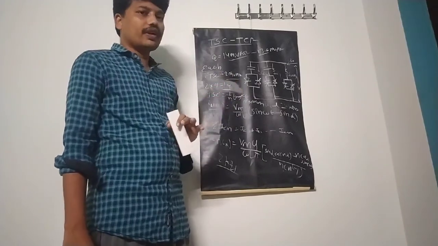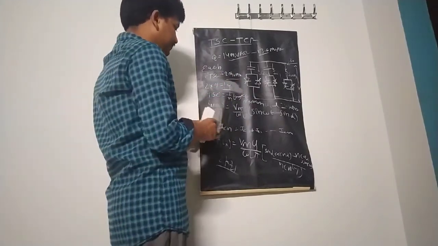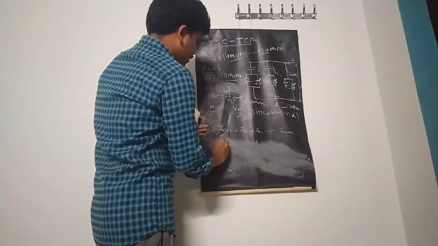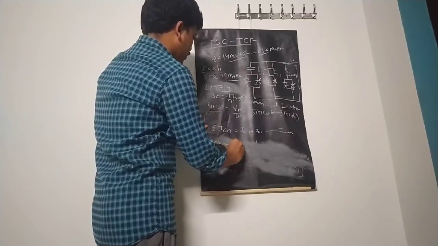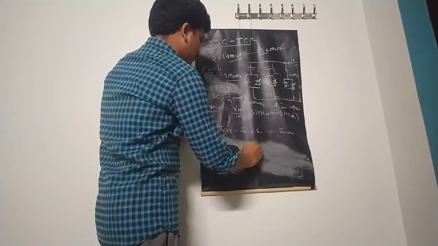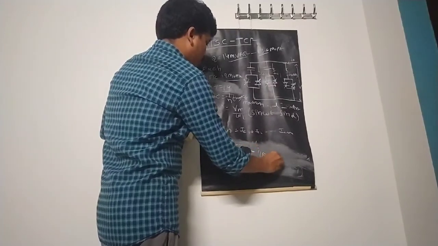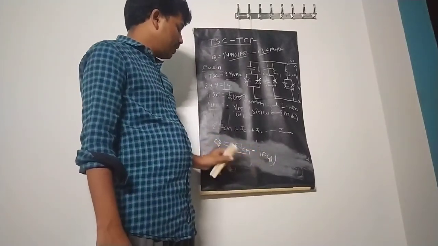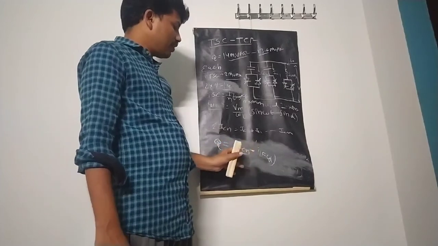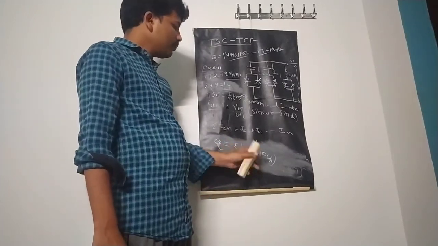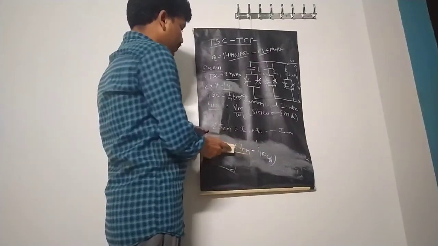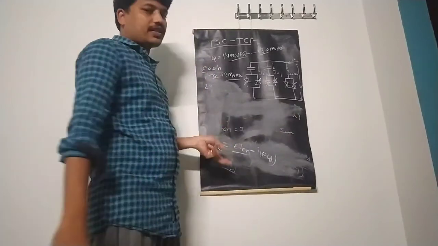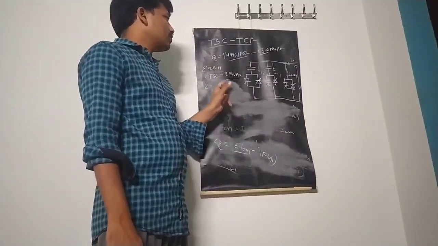So definitely the TCR has a lower rating compared to the TSC. That means from this observation we can say that the reactive power Q required is a function of the sum of ICN minus I_L of alpha. Depending upon the requirement, we may add this or subtract, plus or minus, depending upon the situation. Is it clear? So this is about the basic operation of the TSC-TCR. In the next class we can see the remaining topics in this unit.